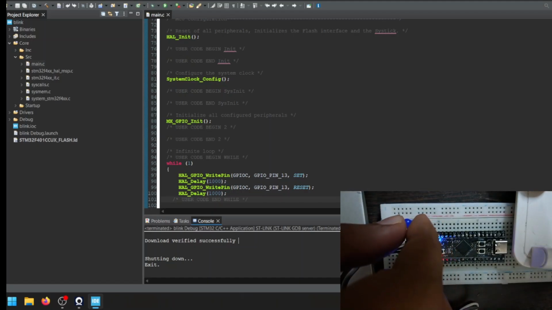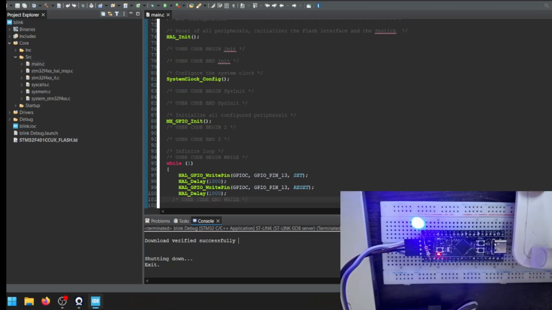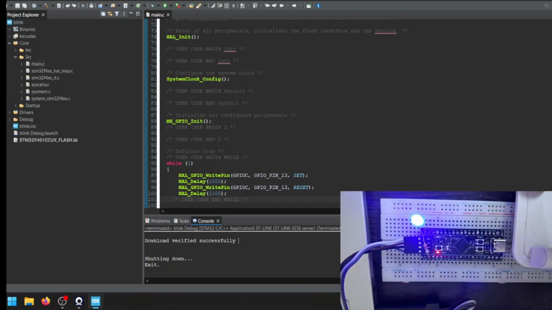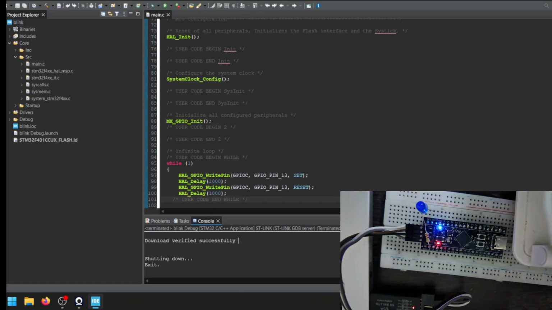It's not blinking, maybe the pin is wrong. Sorry about that. Yeah, as you can see, they blink alternatively. Now we know what is the difference between LEDs pulled up and pulled down. So now let us remove this external LED and I'll show you the output waveform of this PC13 pin